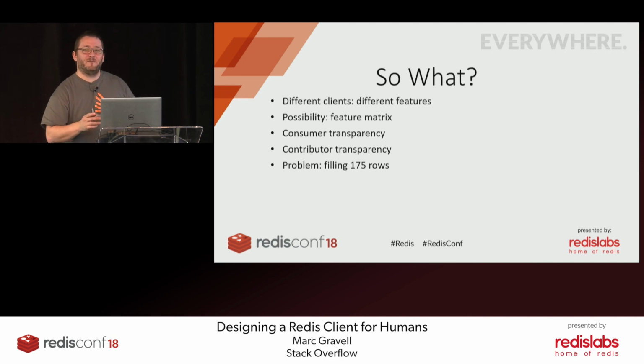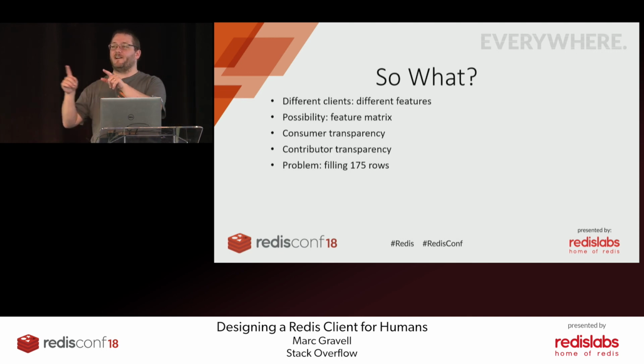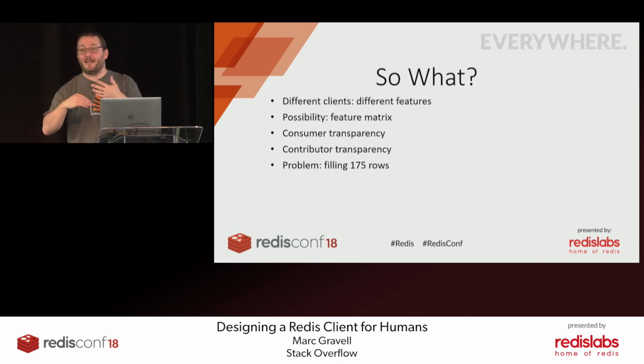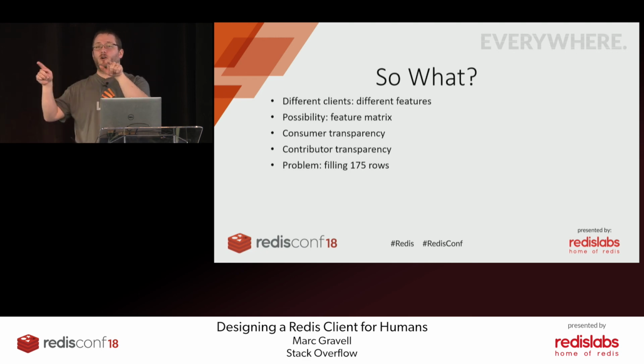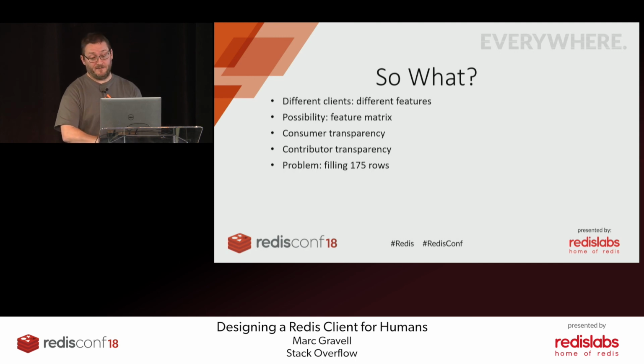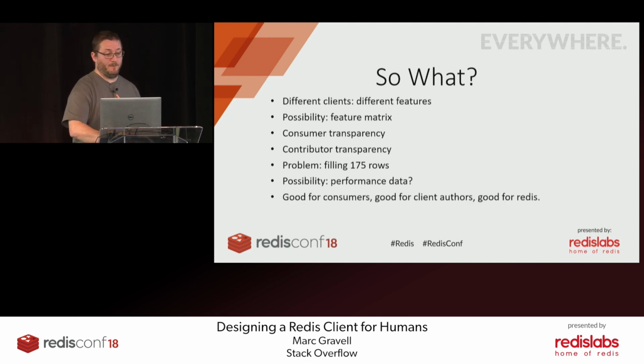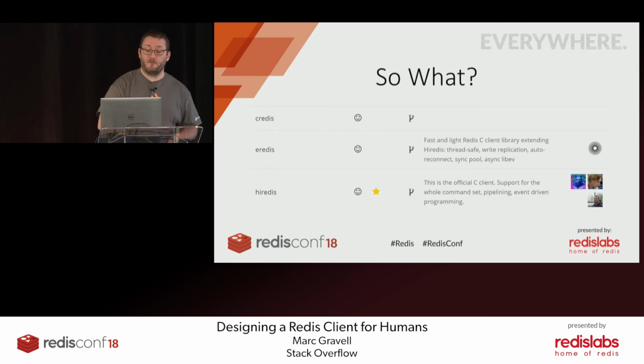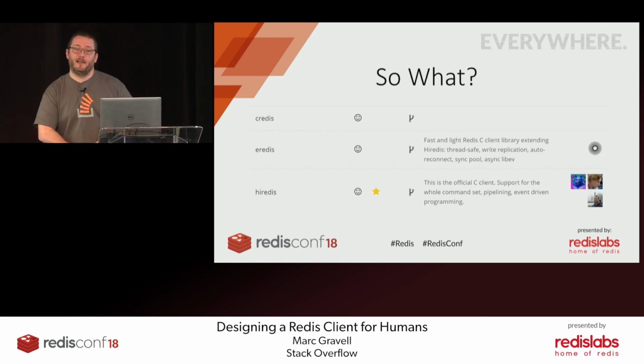But if we did have this matrix and a library sits there and nobody had come along and said, yes, I implement this, this, and this, that possibly says something, after, say, a year, about the state of that library and the usage of it. So maybe that by itself is very revealing. Maybe we could even do something with performance data, although that's a much more complicated problem. So, good for everyone. What I'd really love to do is have a conversation with Salvatore about this,